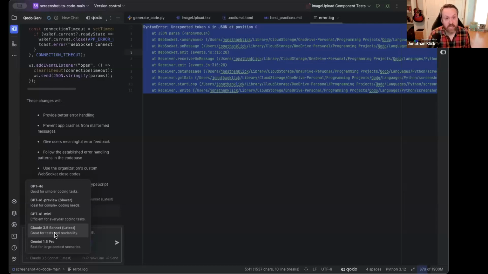It has a decently sized context window, which, if that doesn't make any difference to you, so be it. But it's got about a 200,000 token context window versus the GPT models, which are at about 128,000. So it's about 30% bigger. And it tends to do a really good job with reasoning capability and so forth. It's doing really well in a lot of coding benchmarks. I would use that as your default.